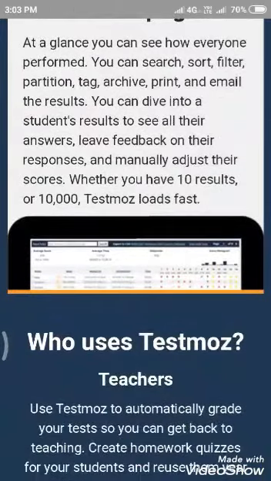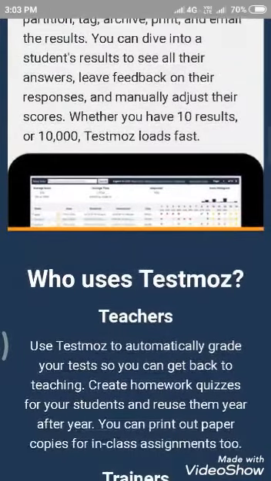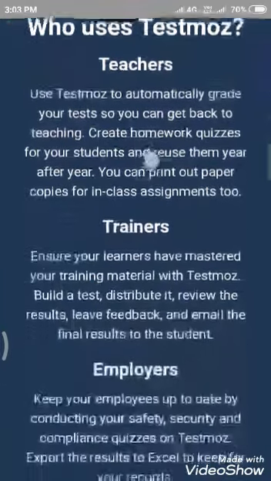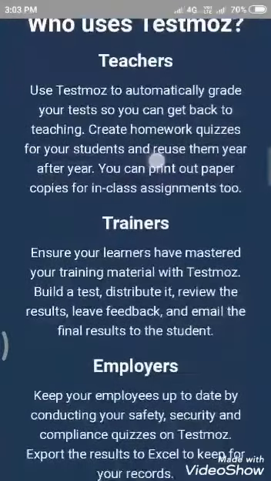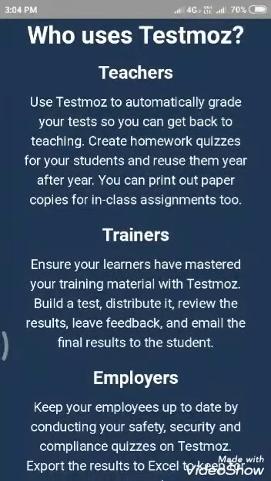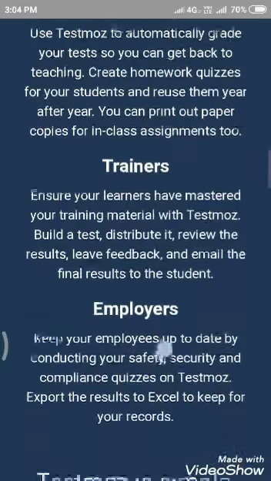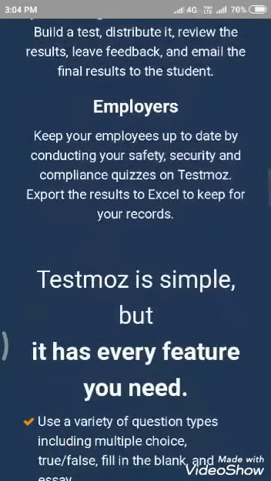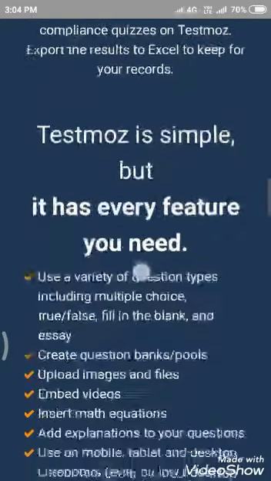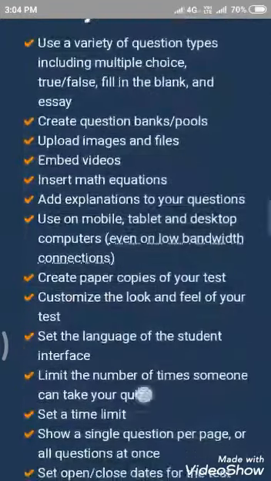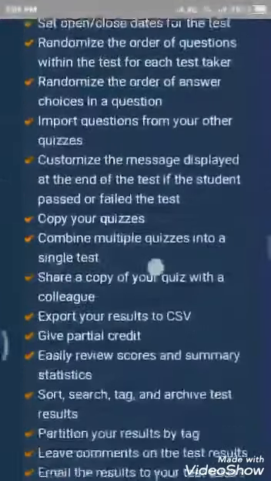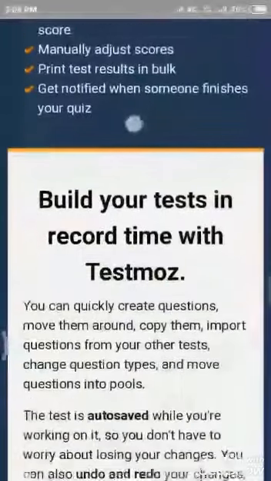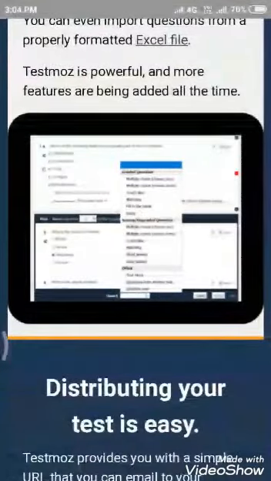So who uses Test Moz? Test Moz is very important to know for our teachers, especially high school teachers and also college lecturers, to conduct online tests for our children. Nowadays children have cell phones, laptops, desktops, and they have internet also, so we must conduct some slip tests online.